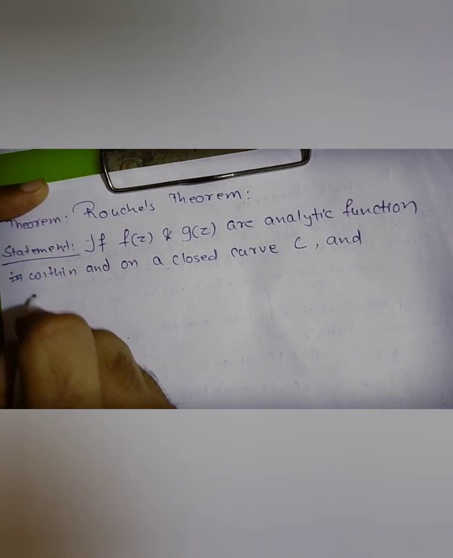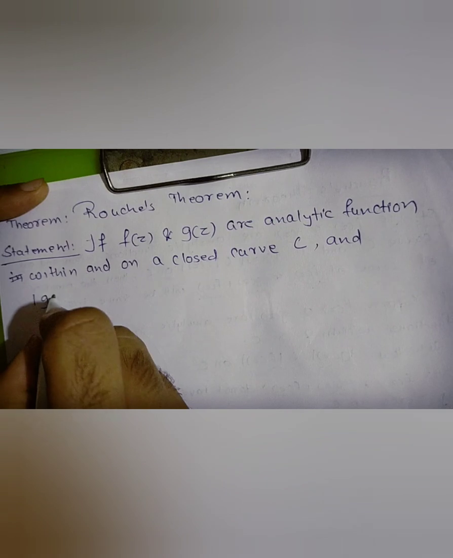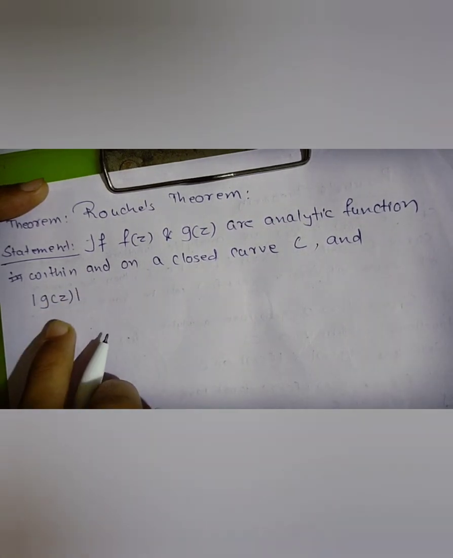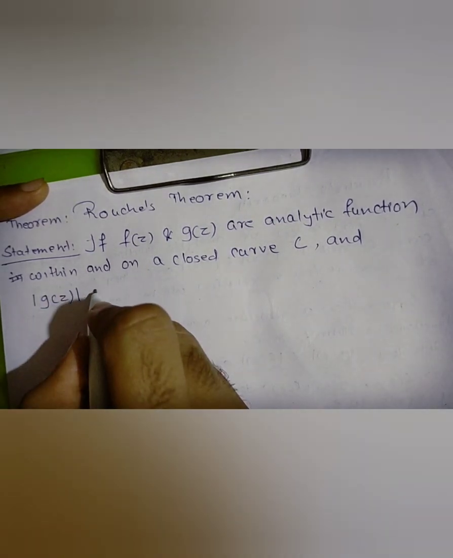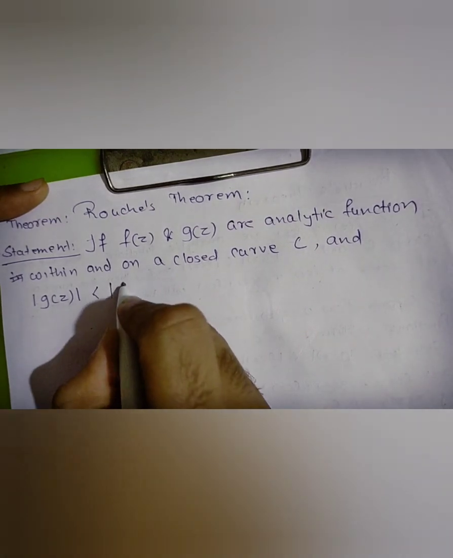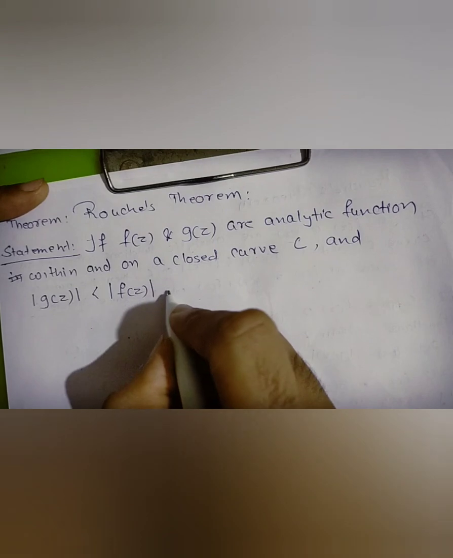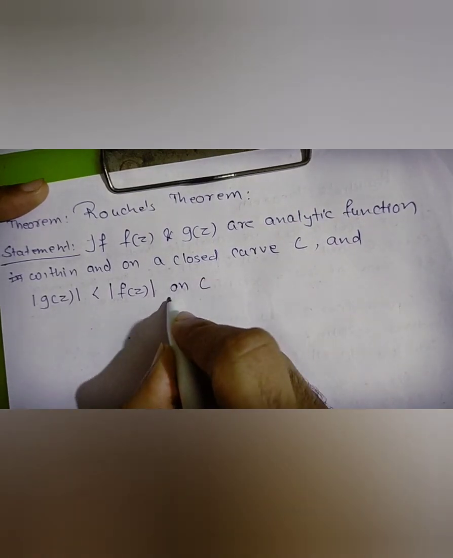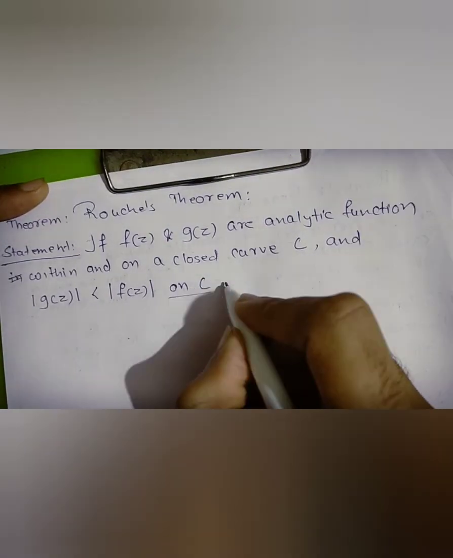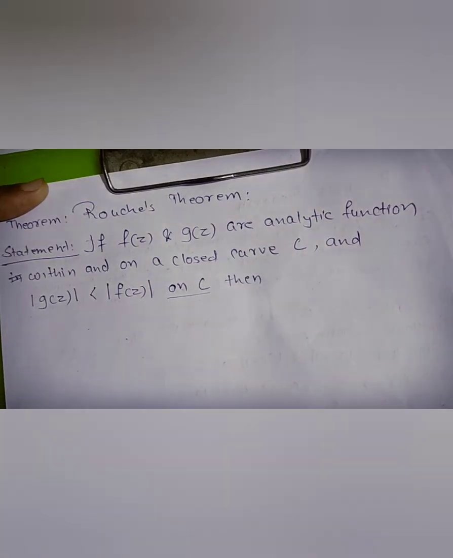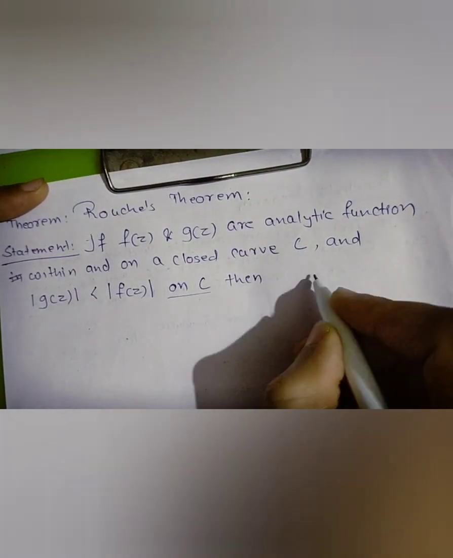The mod of g(z), that is the length of the function g(z), should be less than the mod of f(z), that is the length of f(z), and this is specifically on C. So this should be on the path C. Then, if this condition is satisfied, what will happen is,